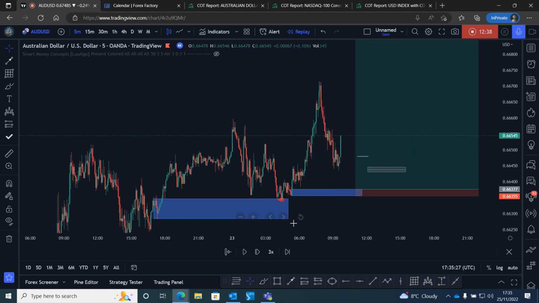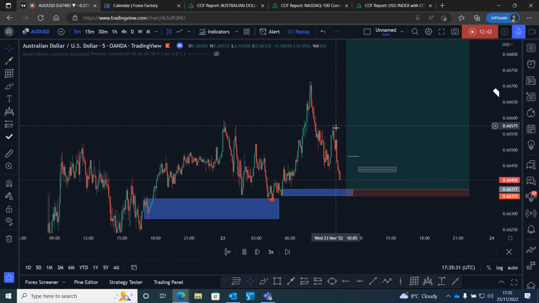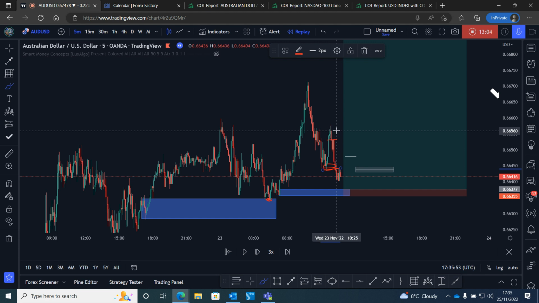A lot of people will start buying here. But guess what? Price pushes up a little bit, creates a manipulation, as we can see all these stop losses here, and all these stop losses right above here, because a lot of people that buy here will probably put a stop loss here, because they think, since the news will come out concerning that the US dollar has a negative PMI,